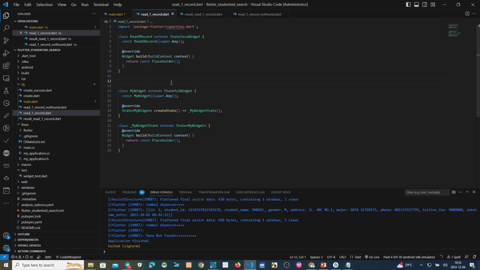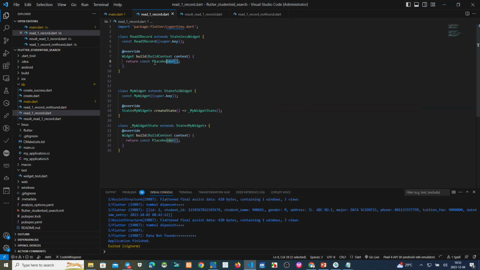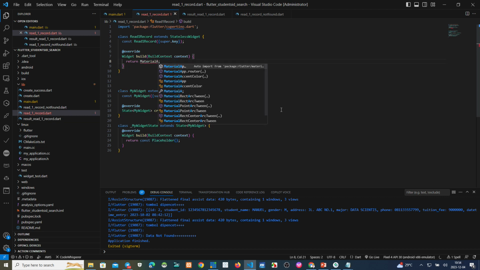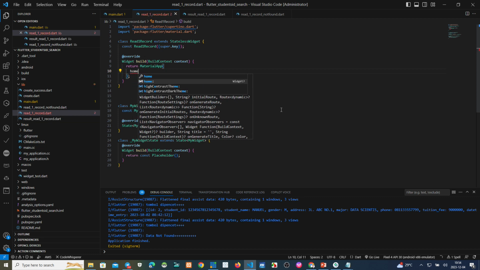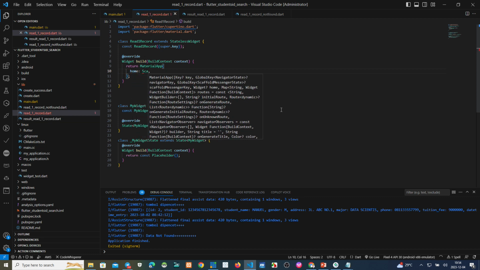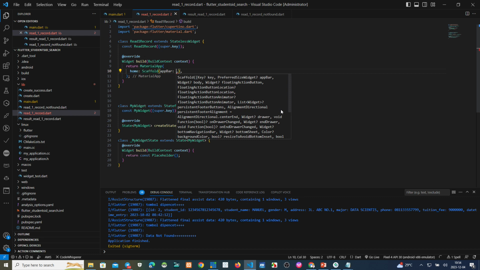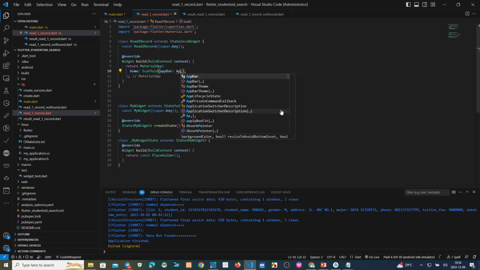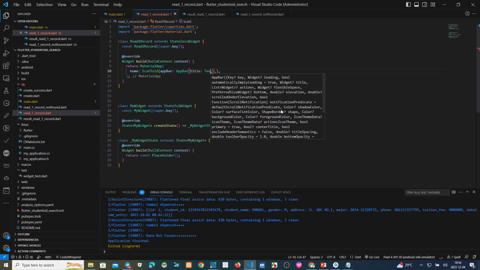Okay, now we make the application bar first. CRUD operation, read one record. Okay, this one, MaterialApp, home, scaffold, app bar, and then title, text.